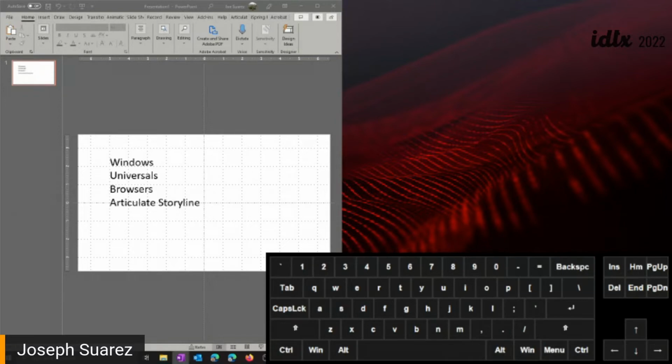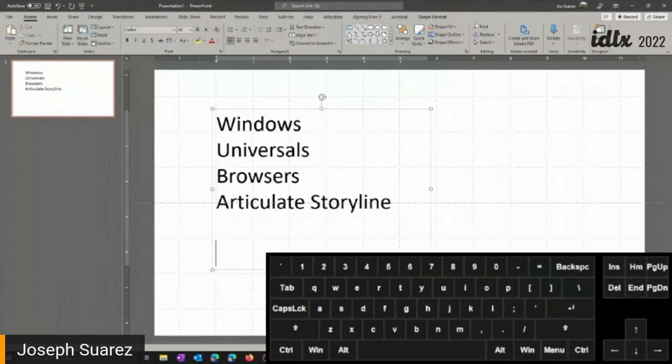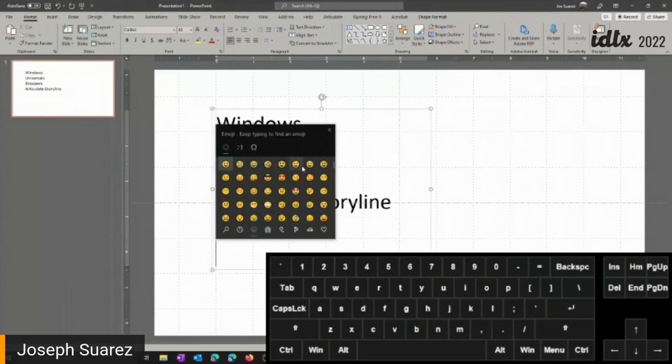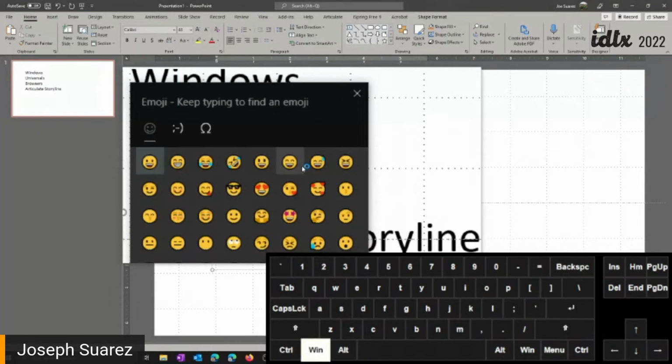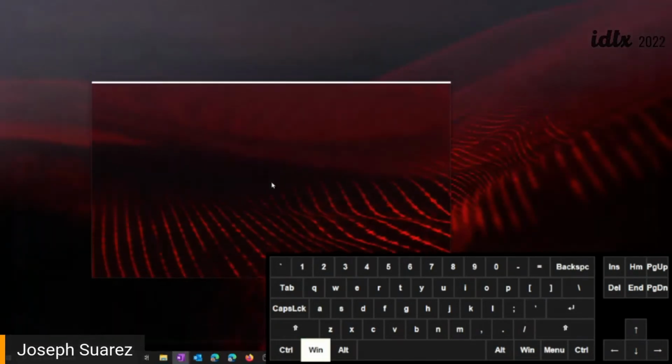All right. What else with Windows? Another one that I learned fairly recently is if you hit Windows and period, it pulls up, and let me zoom in on this. No, that's not the shortcut. It pulls up the emoji screen. So if you want different emojis quickly,